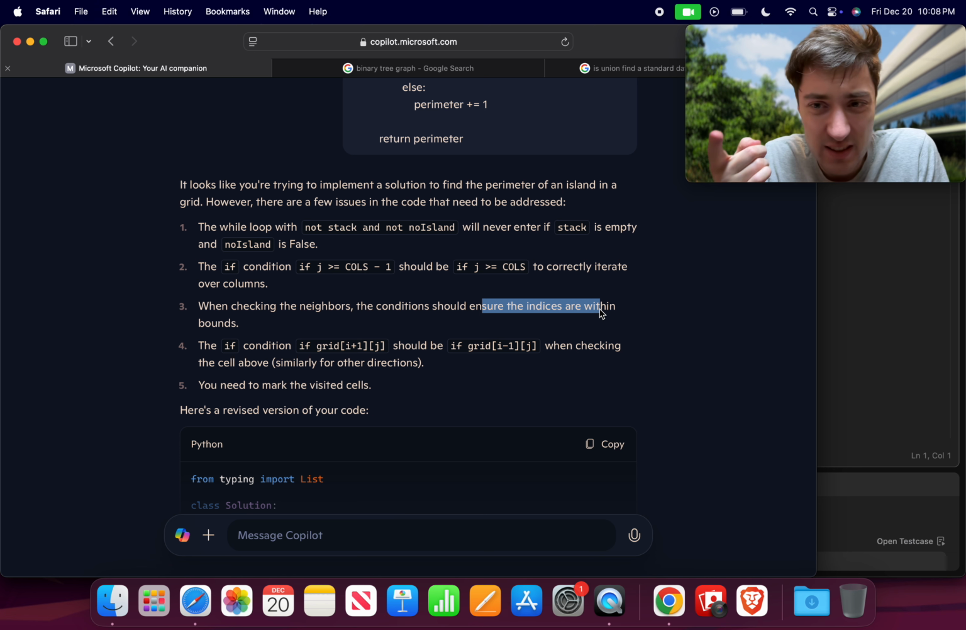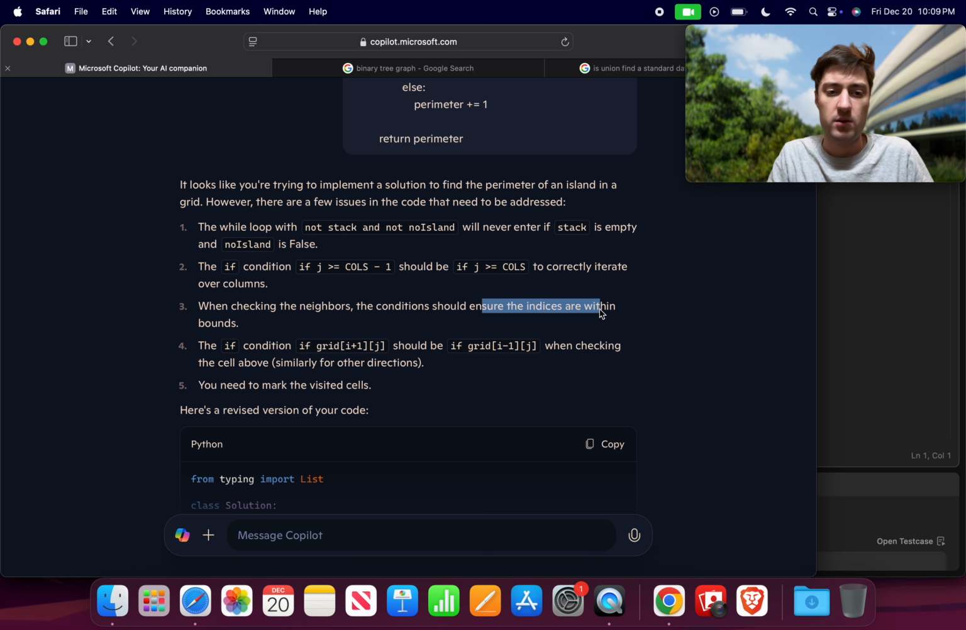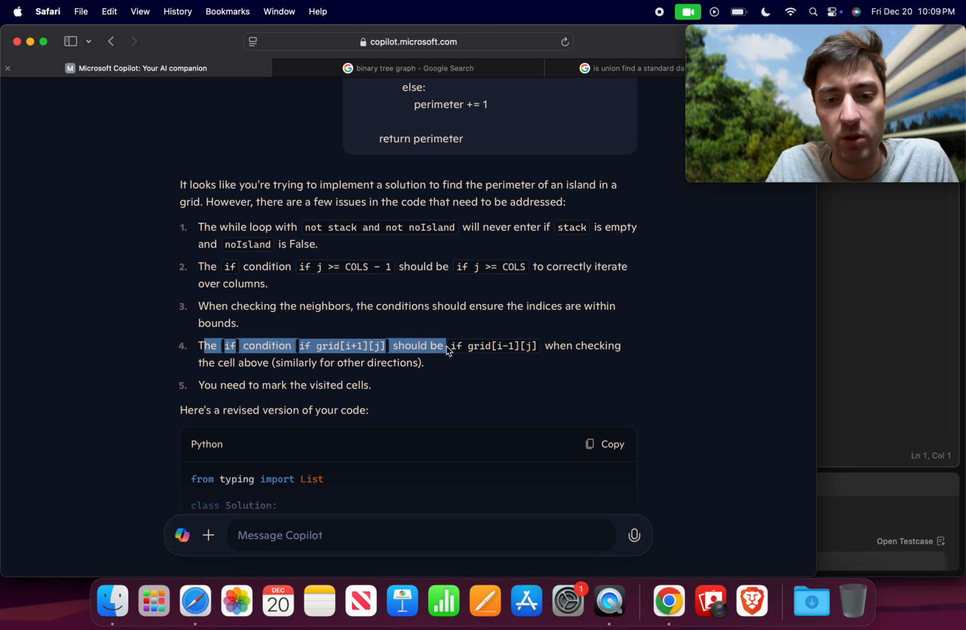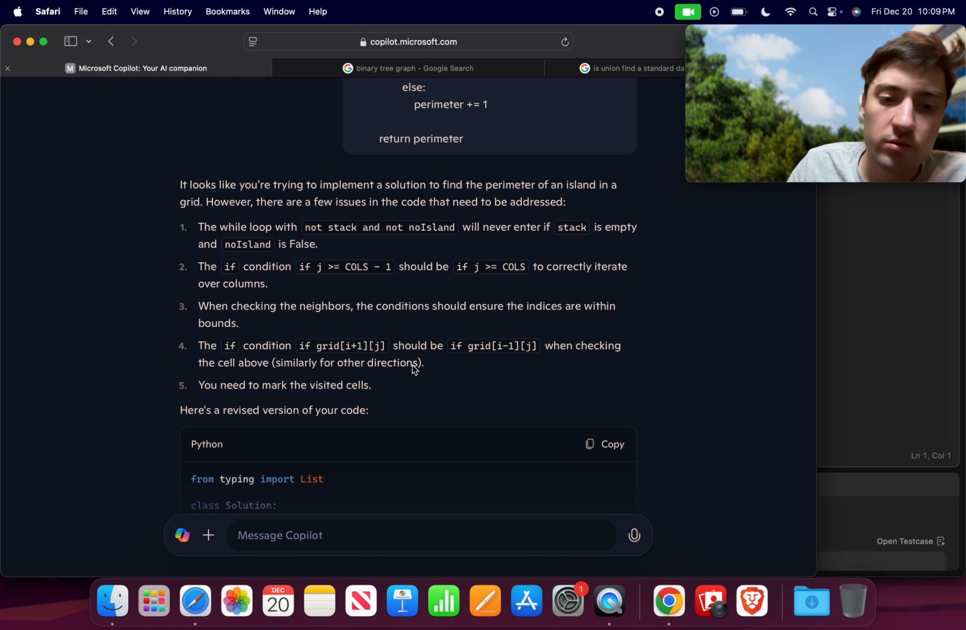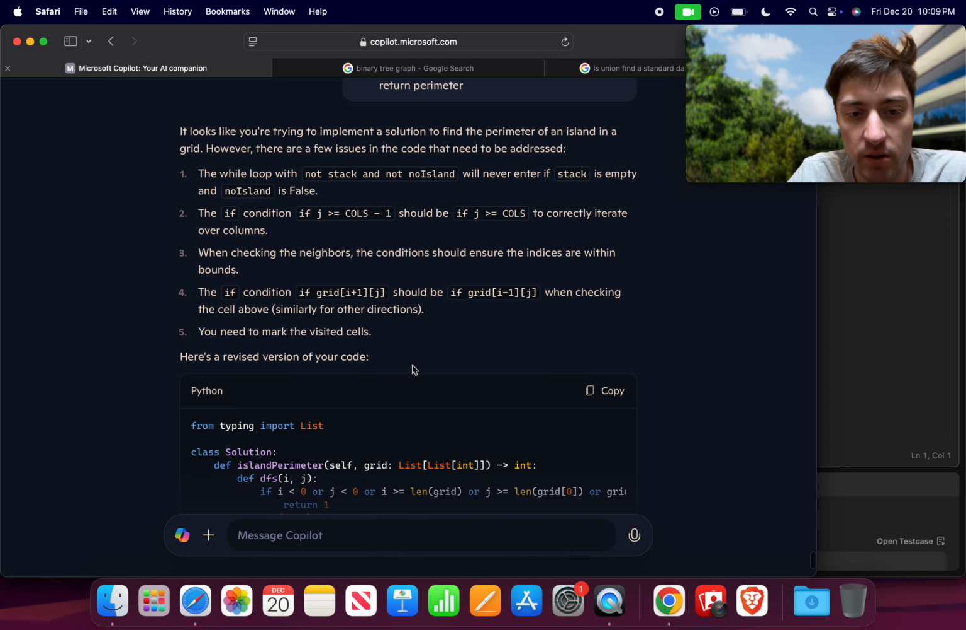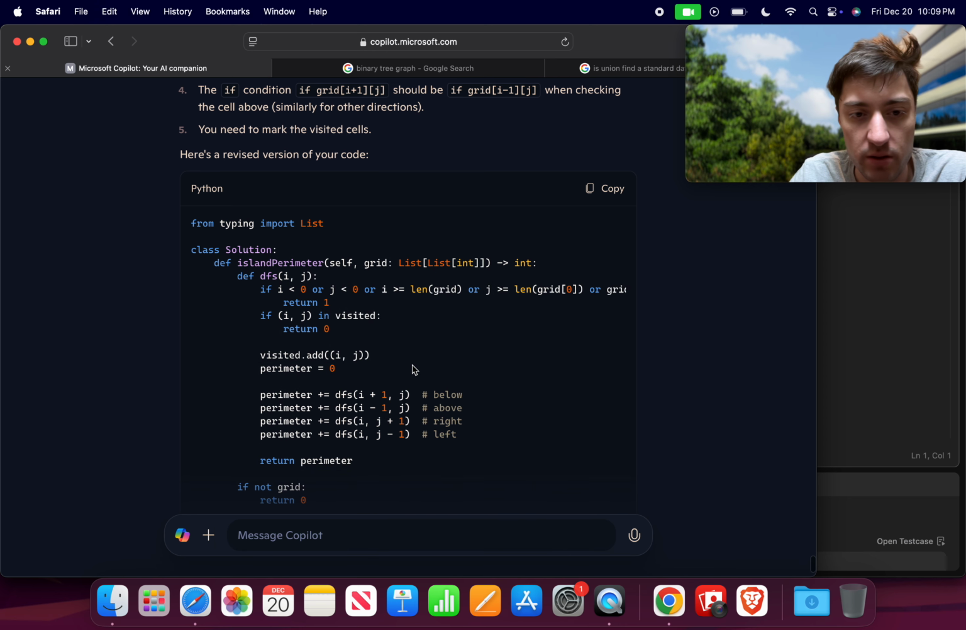So is it saying I'm not doing it correctly? Okay, the if condition, if grid plus 1 should be when checking cells above, similarly for the other directions, you need to mark the visited cells. Okay, so